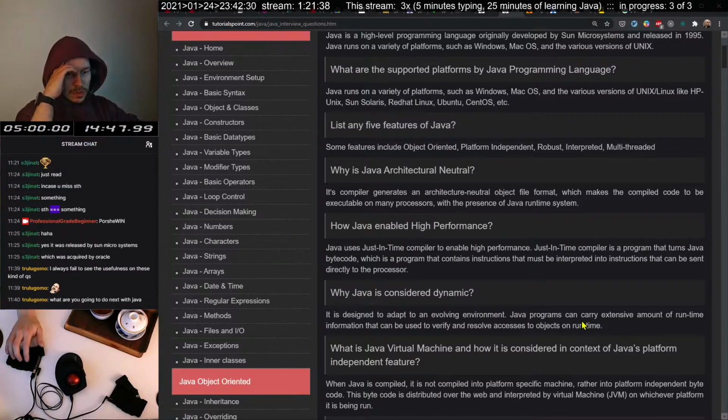When Java is compiled, it is not compiled into platform-specific machine code, rather into platform-independent bytecode. This bytecode is distributed over the web and interpreted by the virtual machine, whichever platform.